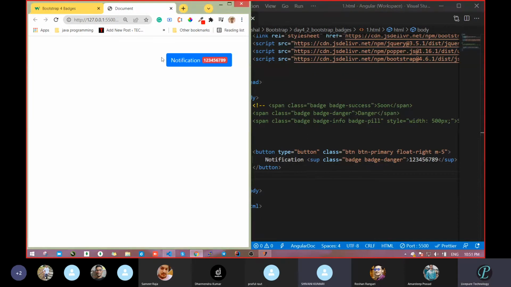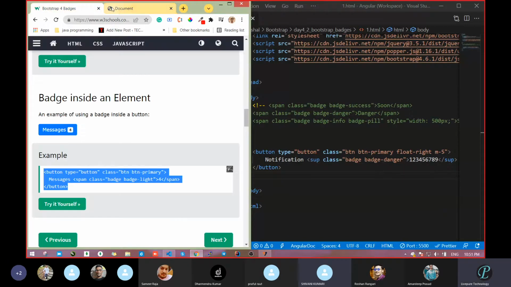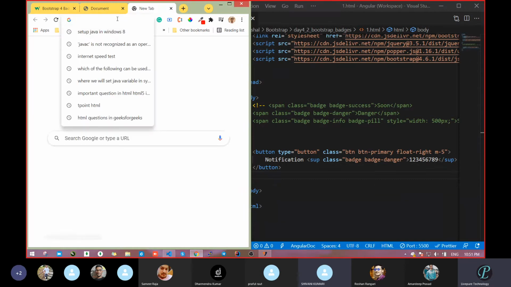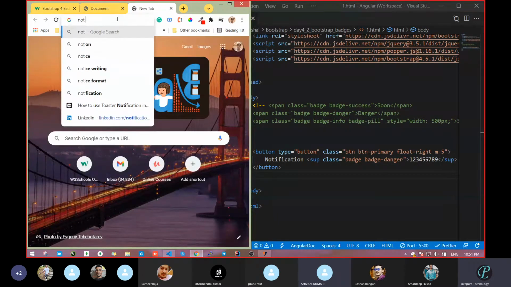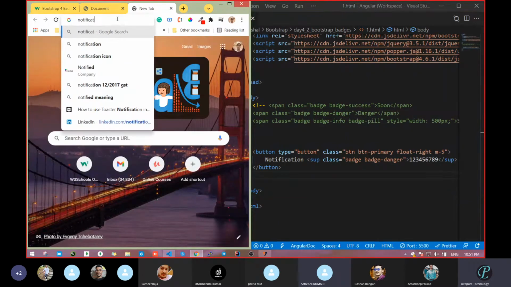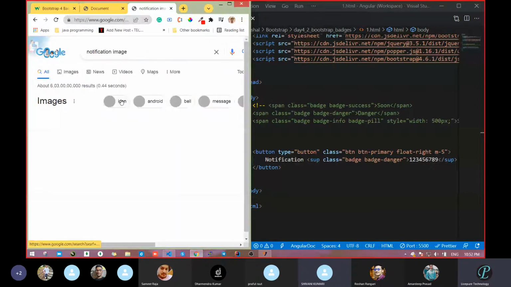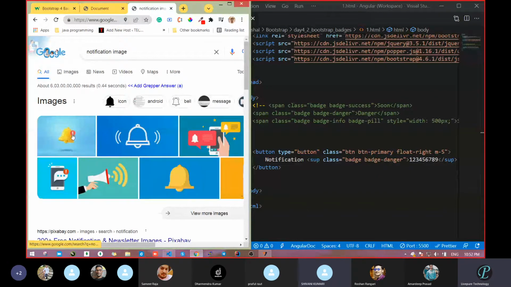Okay, so with the help of this, we can make a notification bar. But see, a notification bar always comes with the bell icon. So you will pass a notification image. You have to make this with the help of this one. See here, the real time: this one will be on the corner, on the top, and you add the bell icon.